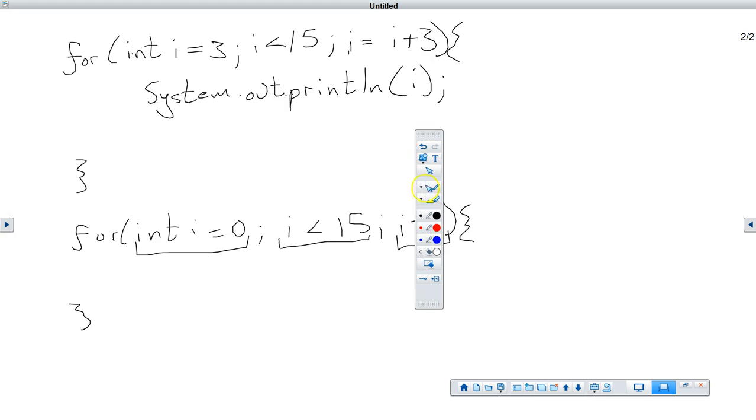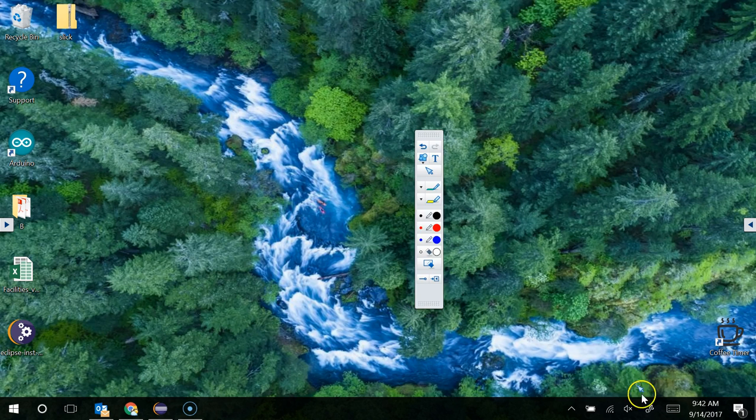Okay, that is the for loop. And because I'm going to be real, I want this to be small,